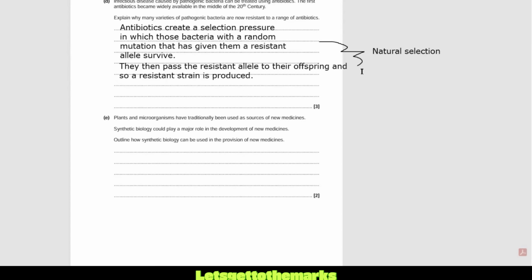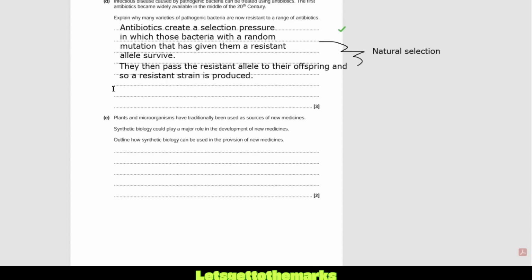So I just thought, for those of you that want to know what is the natural selection bit, it's the whole bit of the random mutation, giving you a resistant allele, more likely to survive, more likely to breed, more likely to pass on the allele to their offspring. I mean, more likely to breed, with bacteria, they breed by themselves, binary fission, so more likely to survive and do binary fission. Okay, what are the other 2 marks then? Because this really is probably only going to get you 1 mark on the mark scheme for mentioning that antibiotics lead to natural selection producing resistant bacteria.